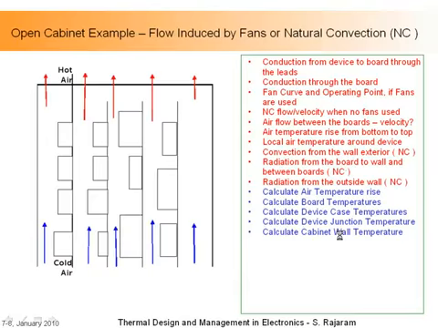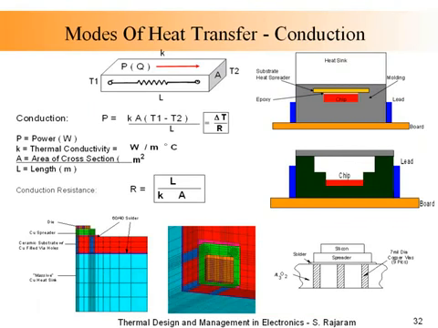Then, what are the modes of heat transfer? As you can see, conduction is the primary mode, because inside I've shown you two different types of devices. Here the device is sitting at the bottom. Here the device is sitting at the top. From this hot spot shown in red, the chip as we call it, or the die, heat goes out through all of these materials that are connected to the package, out into the heat sink and out into the air. So the primary mode is conduction.